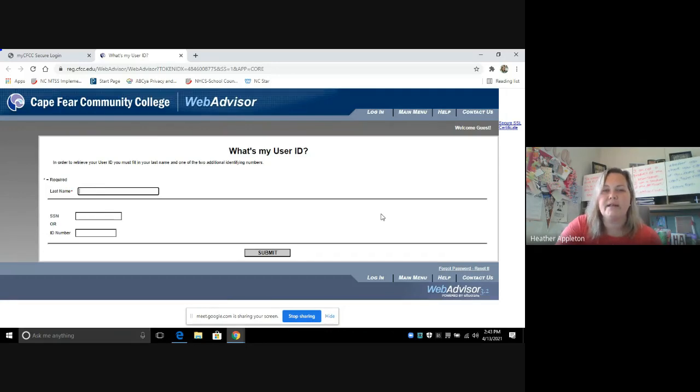But I like to have students use this feature because sometimes the usernames are slightly different if there's someone else that has a very similar name. So it's just really best to come on here and figure out exactly what your correct username is. So you're going to type in your last name, and then down here it asks for your social or your